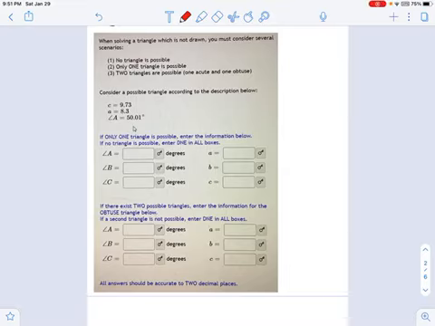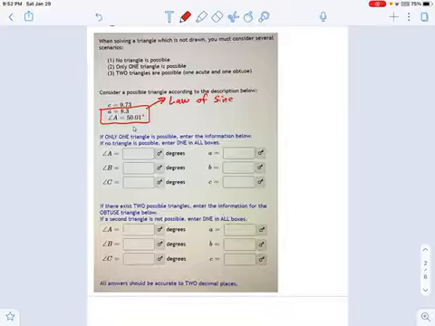Okay, in this situation, we're given two sides of a triangle. I can see that right away. There are my two sides, and I'm given an angle. And the next thing I notice is that I even have a matching pair. I have angle A and side A. So that means when you have a matching pair, we're using law of sines. So right away, I know this is not a law of cosines problem, it's a law of sines.